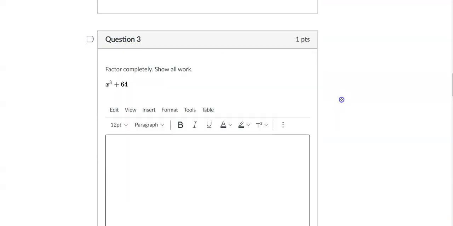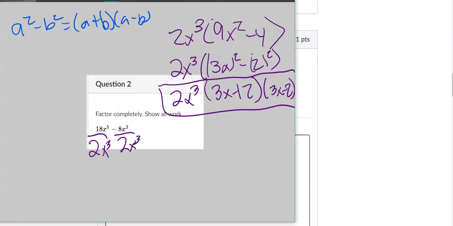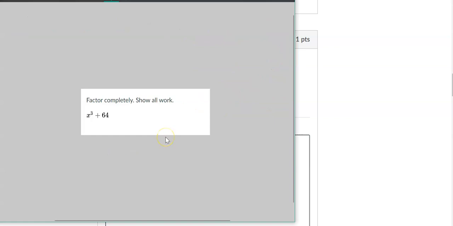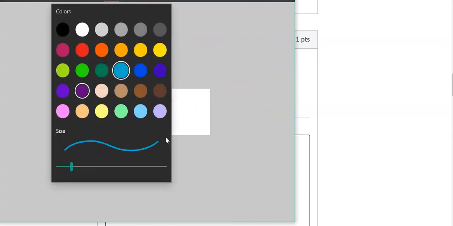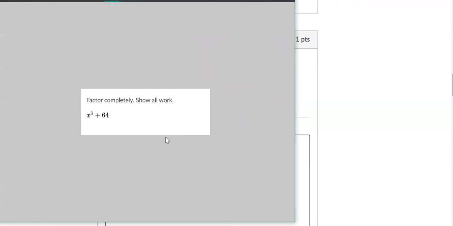Okay. Next one on the quiz has x cubed plus 64. For this one, it's following the sum of cubes pattern, which is at the top of this test, and it's on my board in the classroom. So I have a cubed plus b cubed, and it would equal a plus b times a squared minus ab